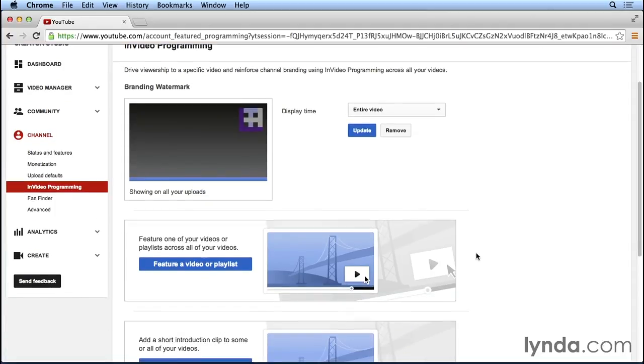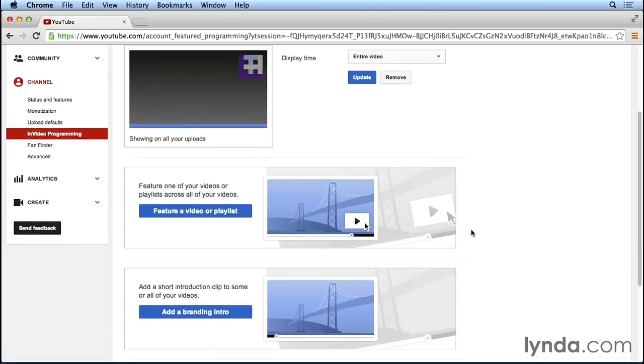If we scroll down the page a little bit here, the second option we have is the ability to feature a video or playlist in all of our videos on YouTube. So what this will do is when a user is watching our video, at some point during the video, in the bottom left corner, a little pop-up is going to appear that says, "Hey, we also recommend that you watch this other video that the Land and Hotel organization uploaded to their channel, or this other playlist that they've uploaded to their YouTube channel." So let's click on the Feature a Video or Playlist button to add a featured video